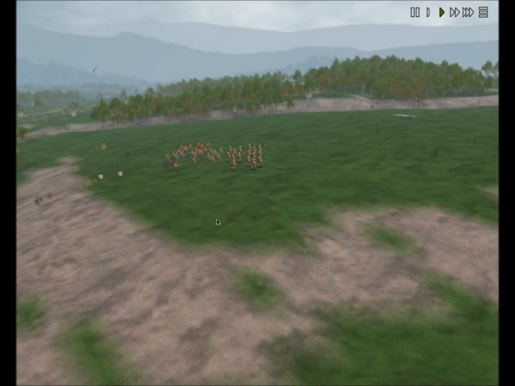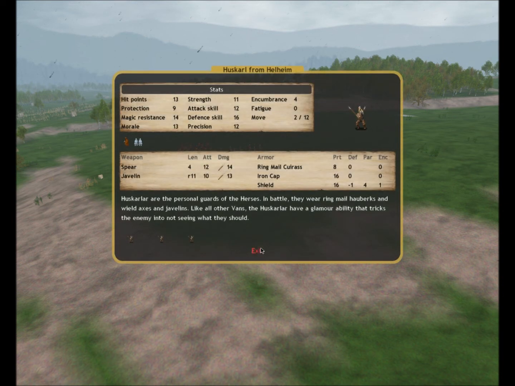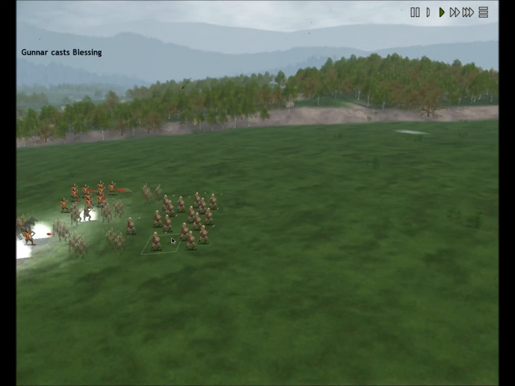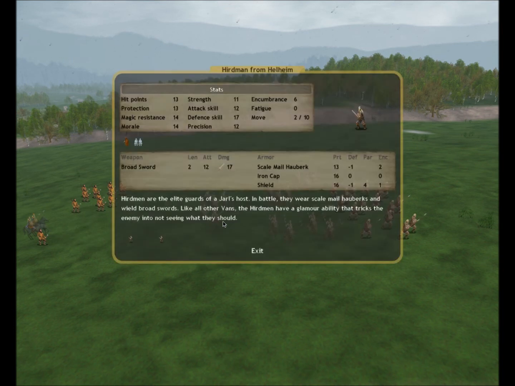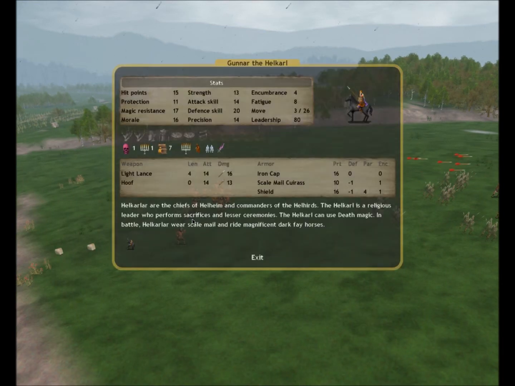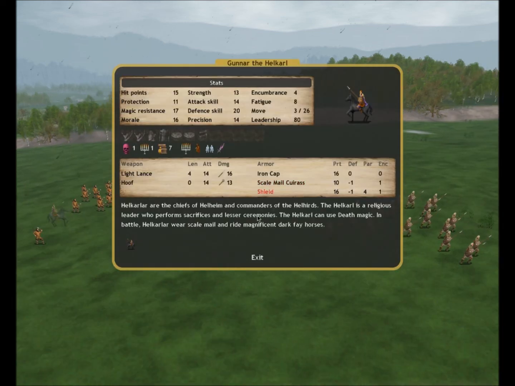This is our army here. As you can see, Huskarls have their glamour ability, which gives a mirror image-like effect, so when they attack it, there's a small chance to miss. And Gunnar, being a priest, is casting Blessing, but there's no holy troops to affect other than himself, and as such he now has death weapons. All enemies hit by this suffer extra damage and are diseased if they fail a magic resistance check,